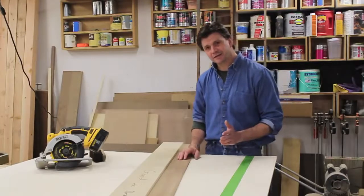Now I'm going to cross cut my piece of plywood, and to make sure I get a nice